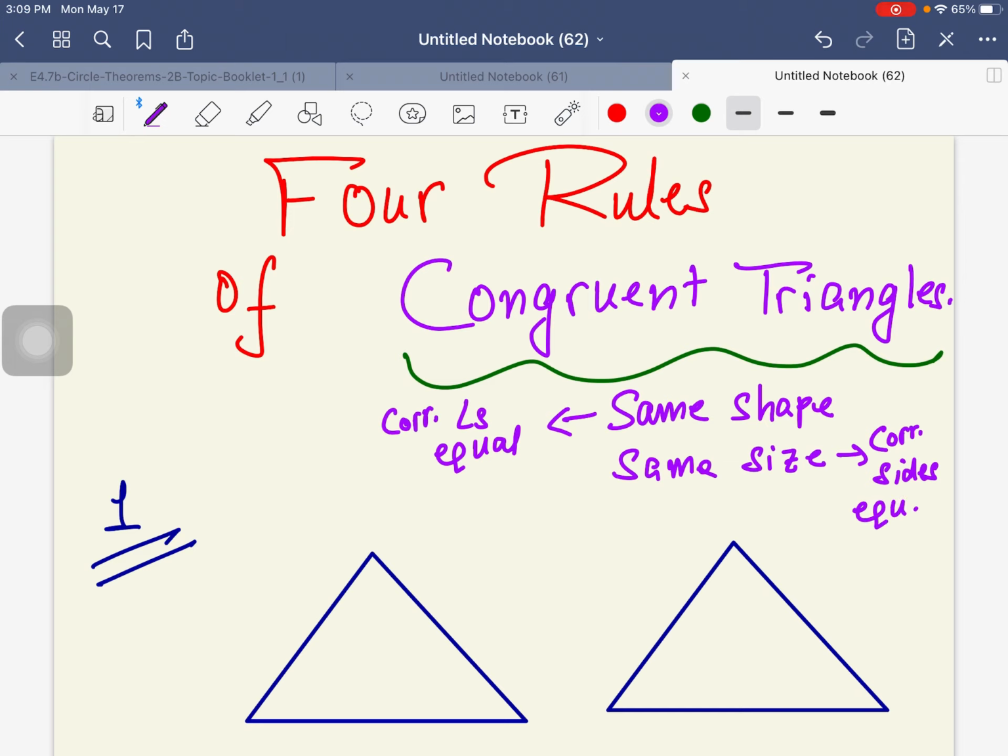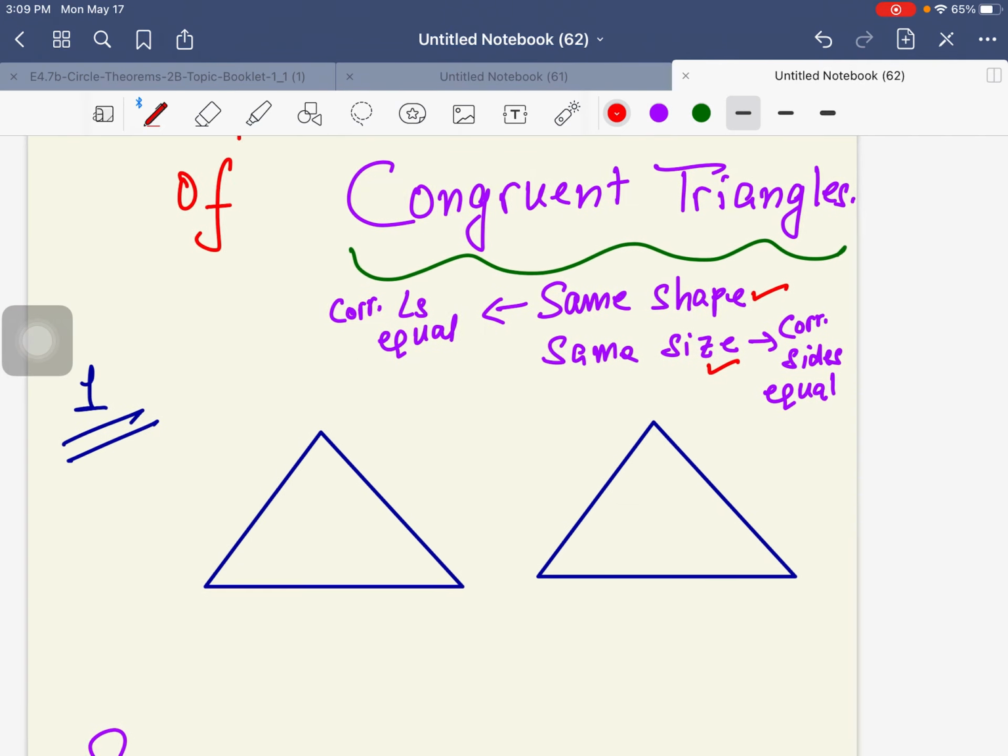Meaning to say, if I grab one triangle and merge it on the second triangle, it will fully merge on the triangle because they have same shape, same angles, and same sides, same size also. So in simple words, congruent triangle means same shape, all angles same correspondingly, and same size, all sides correspondingly are same. Now there are four rules we need to learn about